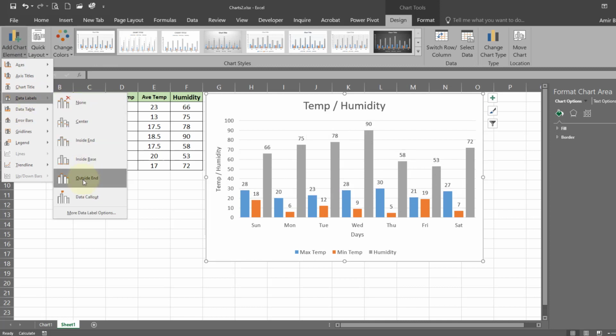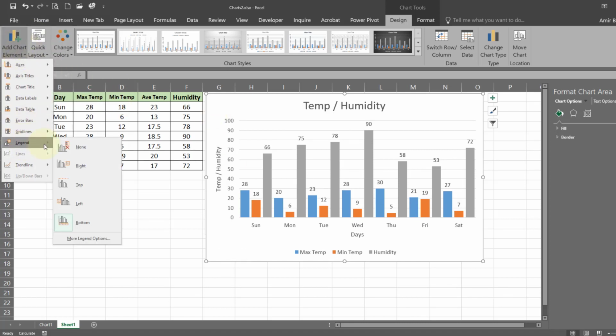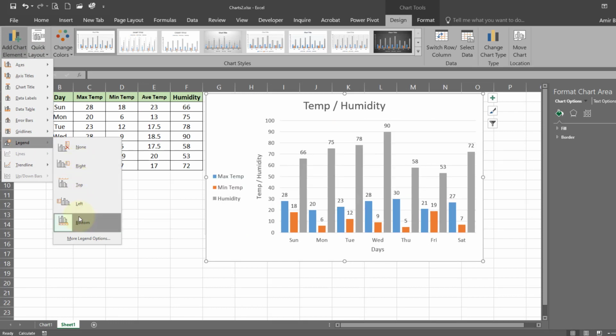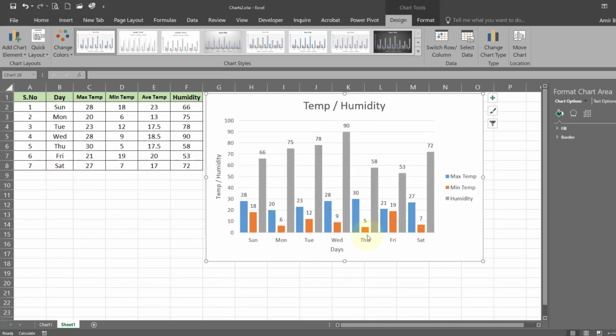Data labels, here with this one we have done it. We have the option of legend also, on which side we would like to have this legend placed. So let's say on the right side. Here we have the legend placed.